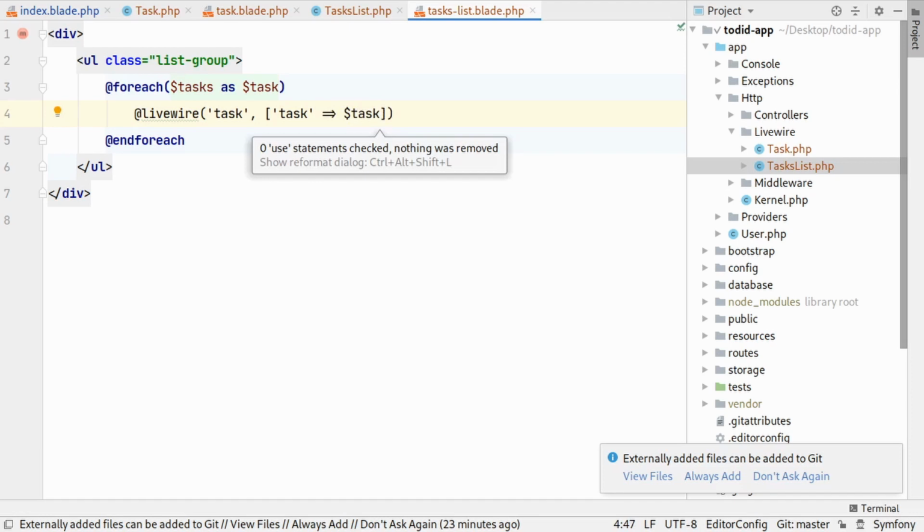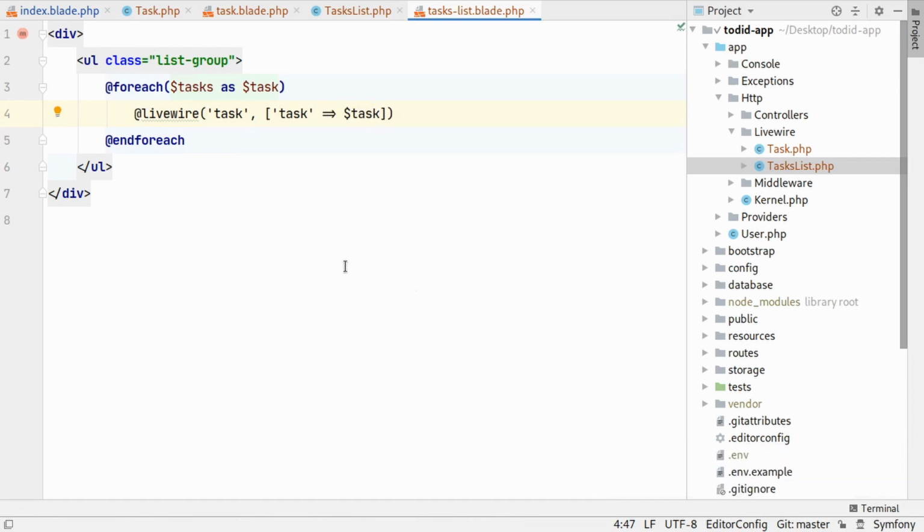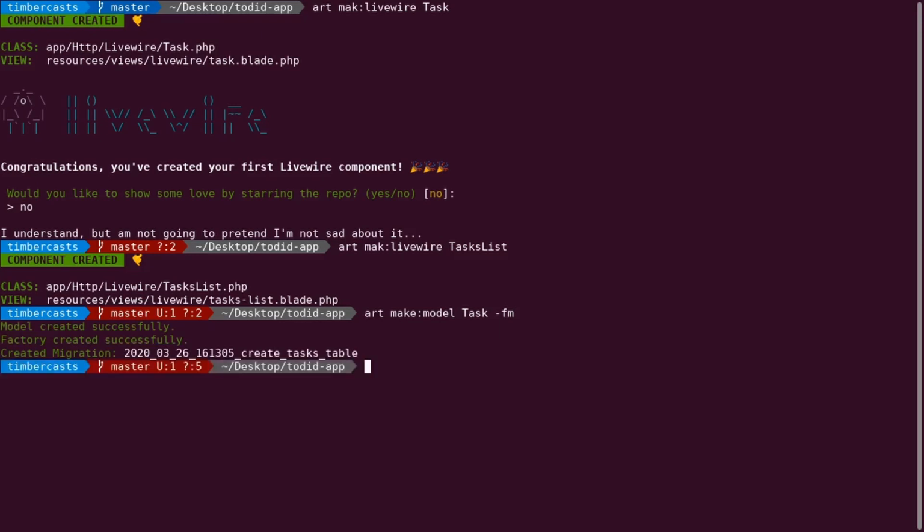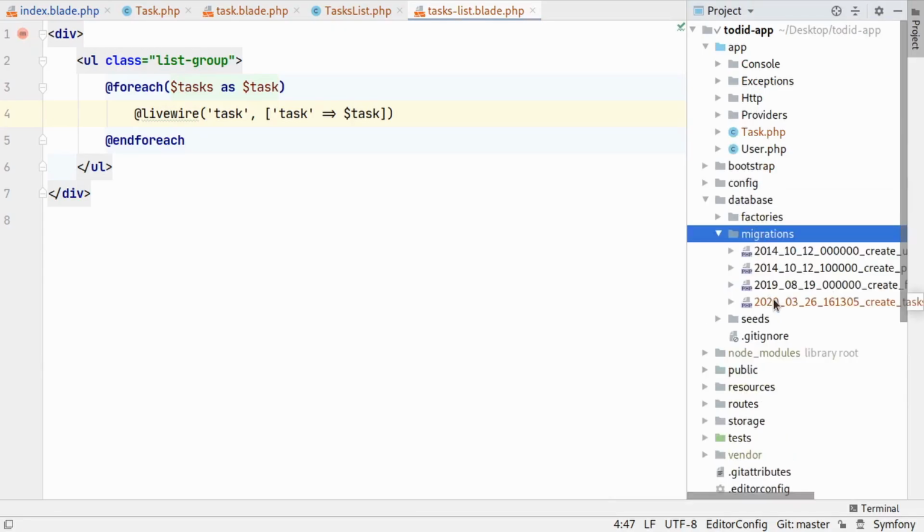Okay, right now it will break, as I said. Let's create a model, then see what happens. Okay, let's create a model, or make me a model, and we call it Task, and also create us a factory and migration. Okay, so database migrations,